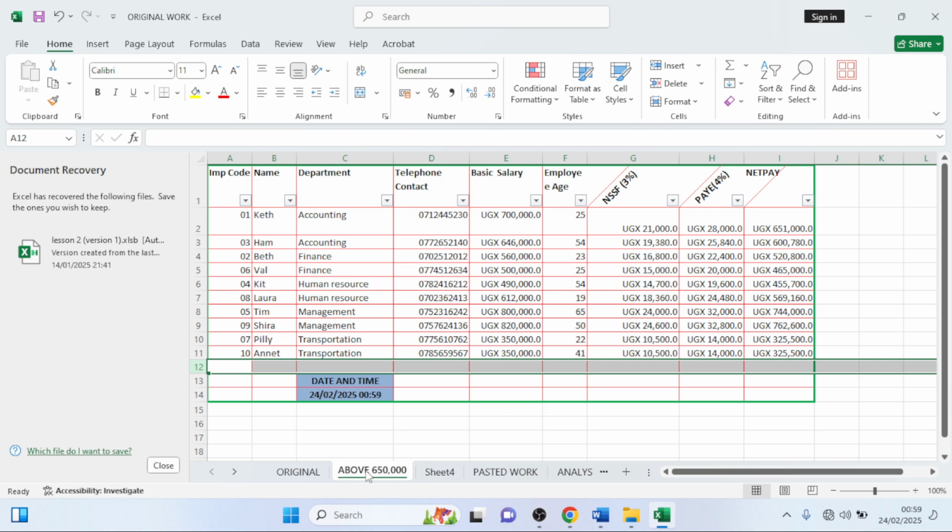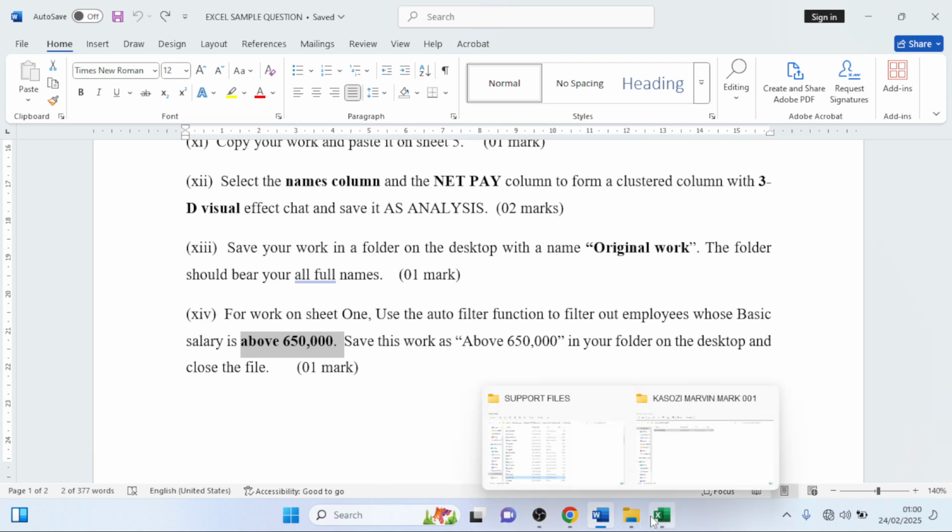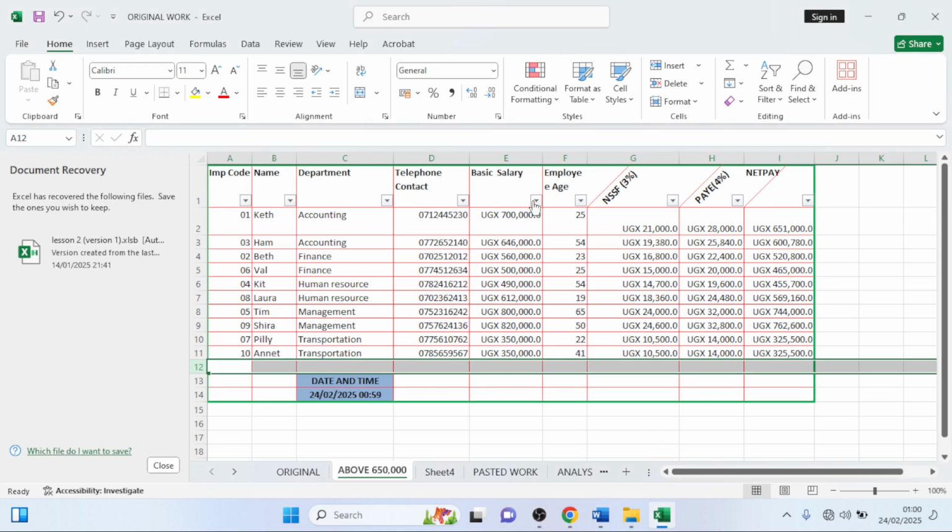And be sure of the sheet you're using. That's why I first pasted my work at the sheet A1 and I even renamed it above 650,000. So I'm going to just filter by clicking at the icon under basic salary. Remember at the question I want to filter only those people above 650,000. So at my work I'm going to click at this,